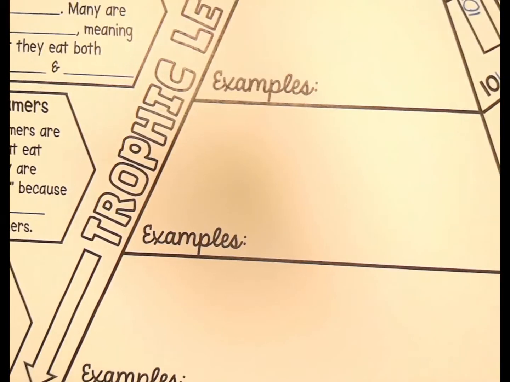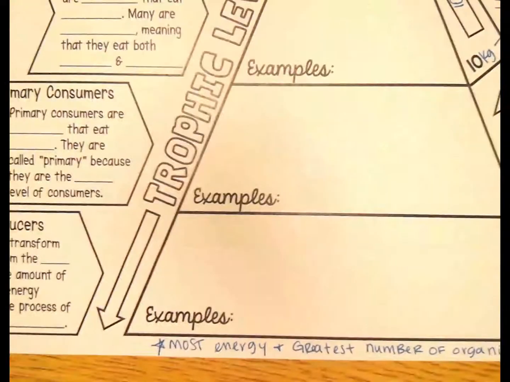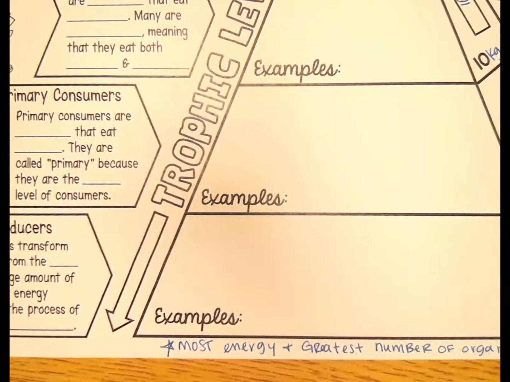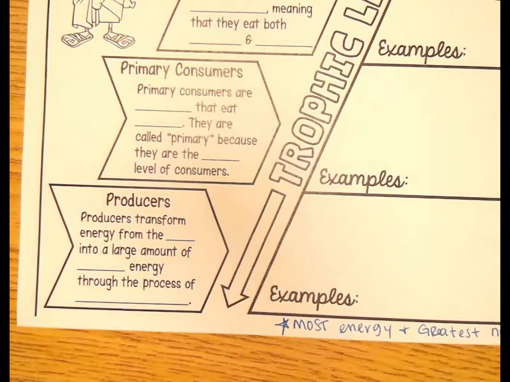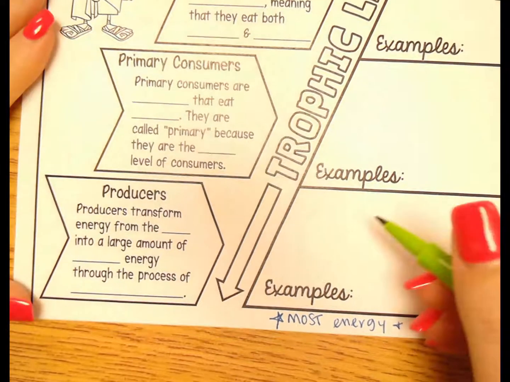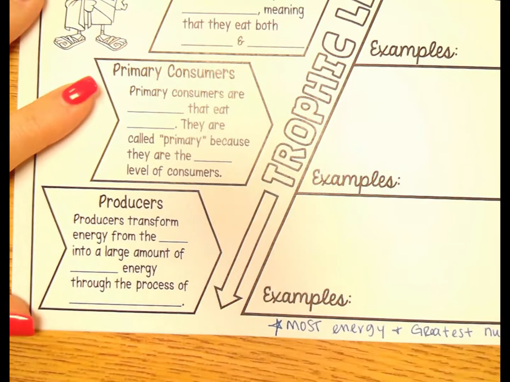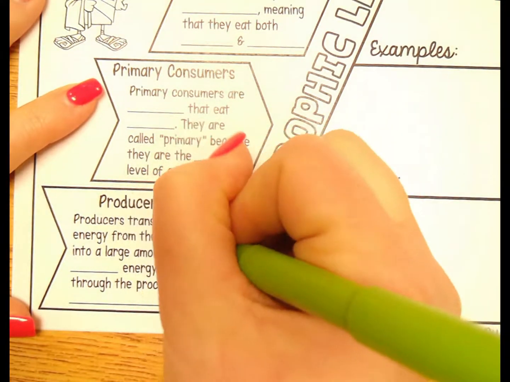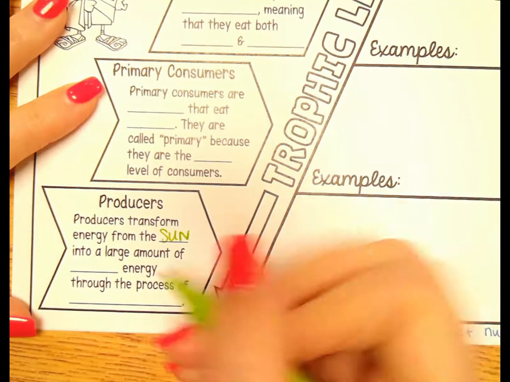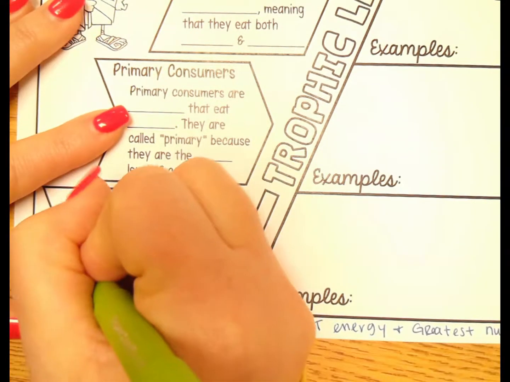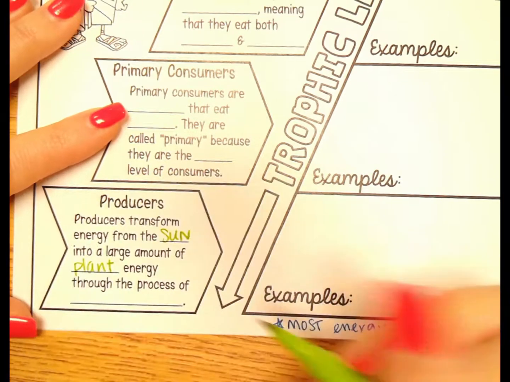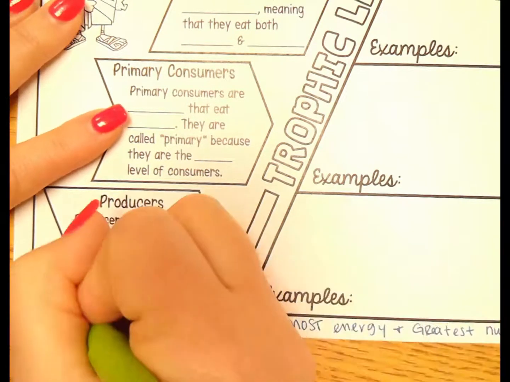Today we're going to be using several colors. We're going to be using green, purple, orange, and red. So we're going to start at the base of our pyramid, which is the producer level. So what color do you think we're going to start with? We're going to start with the color green, because most producers are green, because producers are able to capture and transform energy from the sun, radiant energy, into chemical energy stored in plants. This is our plant energy, our biomass, our potential energy through the process of